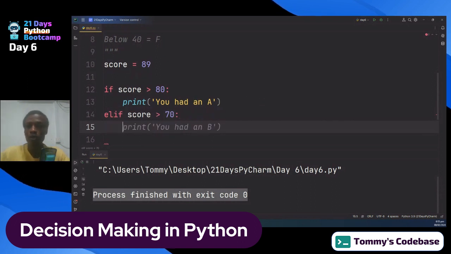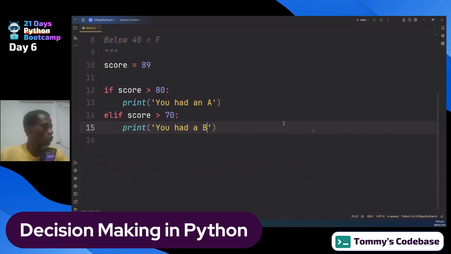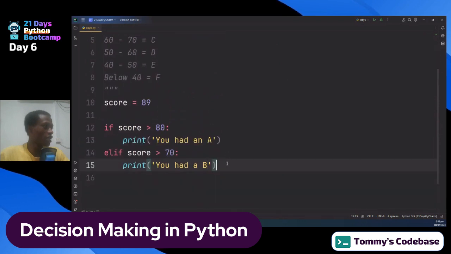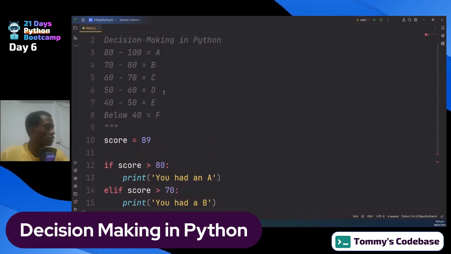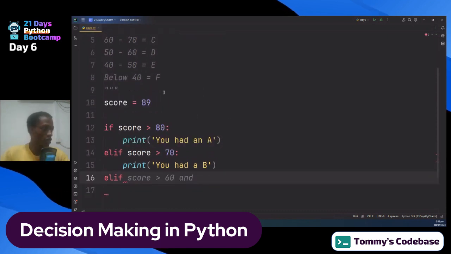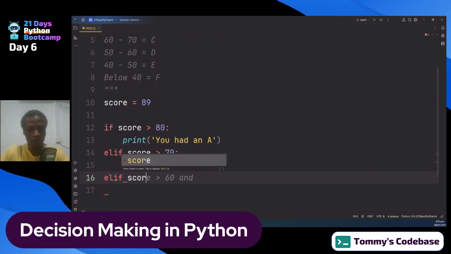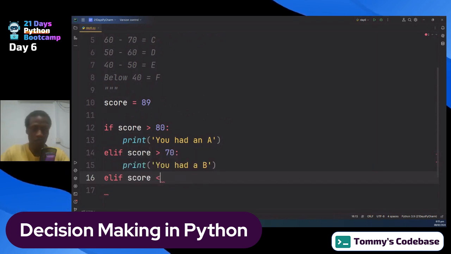Then let me keep an eye here. Okay, no comments. I can print you had a B. So to continue with the rest, I will have to be using elif for all of them. So another elif for the next condition, which is C, 60 to 70. So I can say if score is greater than 60, greater than 60,